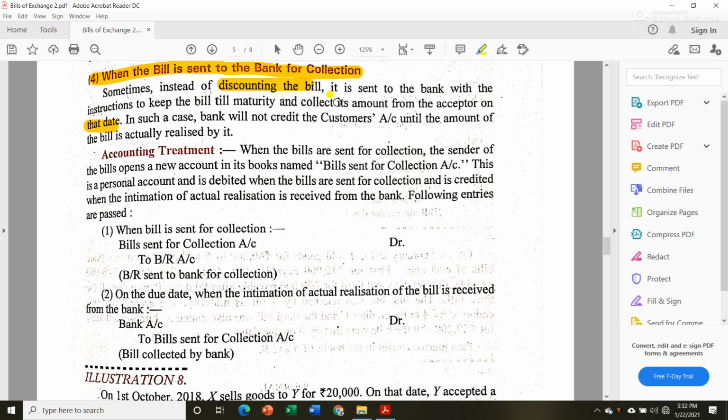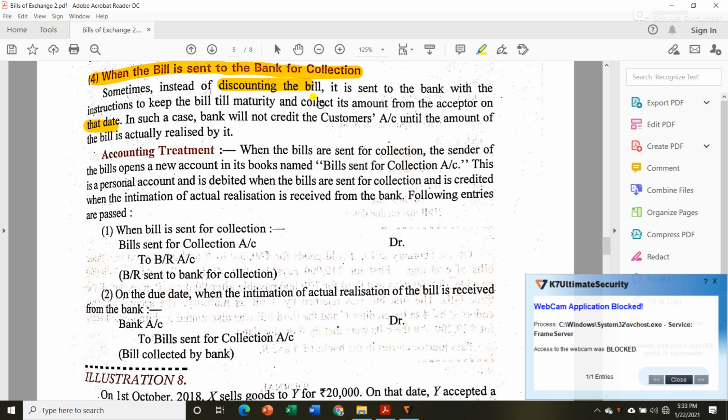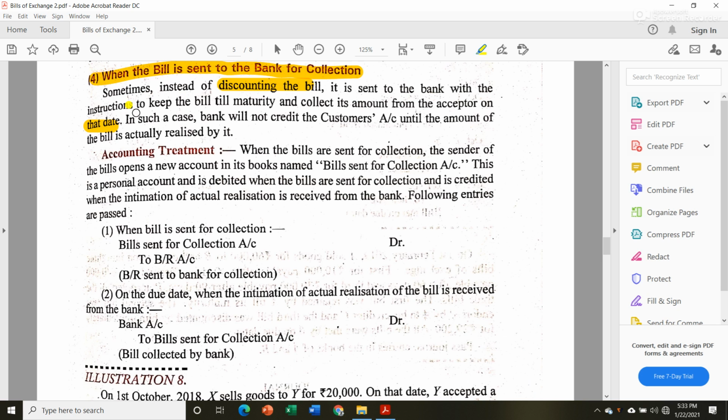Suppose now it's January. If the maturity date is in the month of September, then I will give instruction to my bank to collect it in the month of September on a particular date on which the bill will become due. So the bank will wait till September to collect the money, and after collecting the money from the payer or acceptor, then they will give it to us in our bank account on that date. So in such a case, bank will not credit our account until they receive that money from the